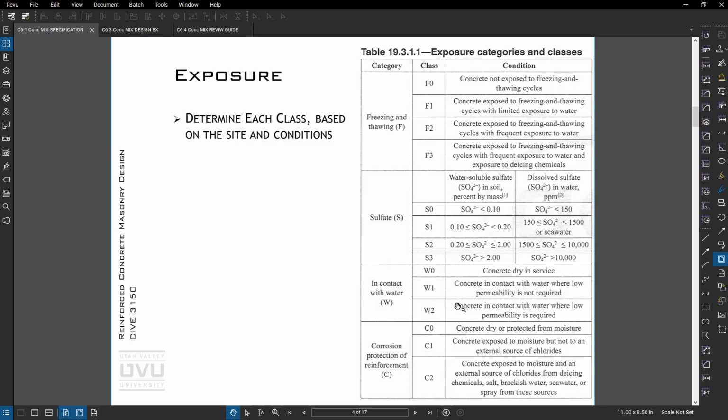One of the changes in the last 10 years or so in the code was including these exposure categories and classes based on what's going on. As a designer, or a specifier, we need to go through and determine what we have going on for each of these four classes. And this is something that as a new engineer, you might not do completely on your own, or you could, depending on what's going on in your office. Basically, you can step through and choose which of these